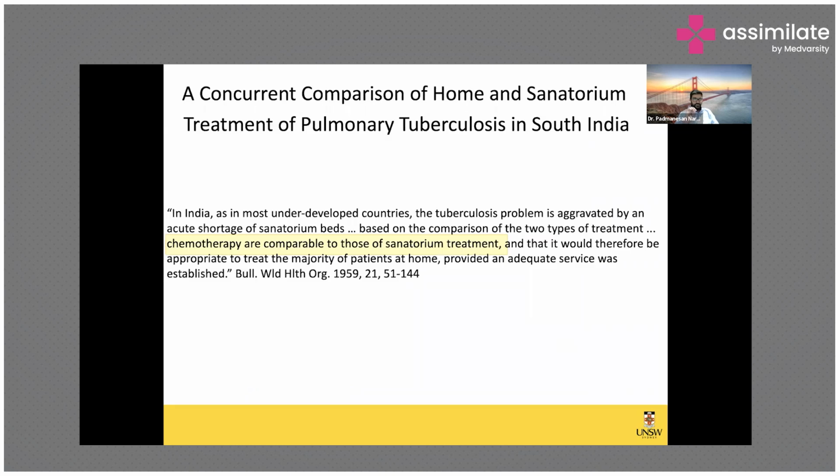Now, one of the important things I want to tell you is that the transition in TB treatment has happened because of the many clinical trials which were done in India, especially through the TB Research Center in India. It's located in Chennai. Then it was called the TB Research Center. Now it is called the National Institute of Research in Tuberculosis. And they did some pioneering studies, which have changed the landscape of TB treatment. So they did a huge trial where they showed that you can treat people at homes instead of sanatoria.